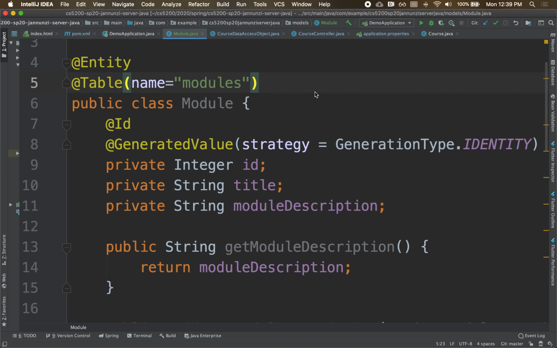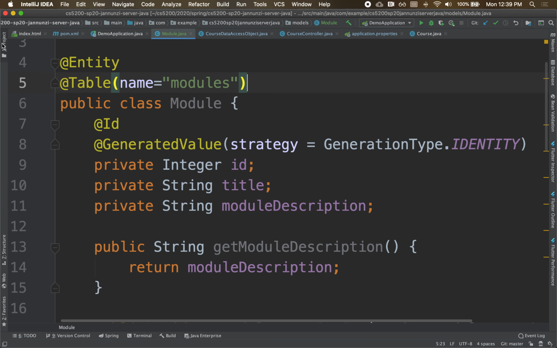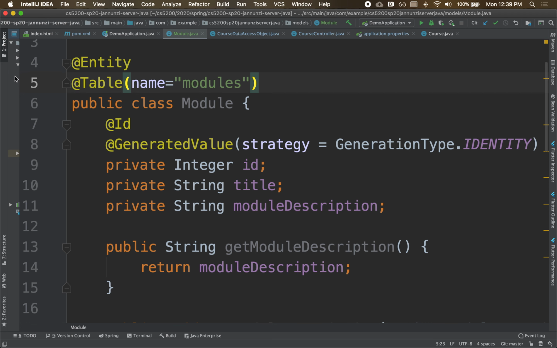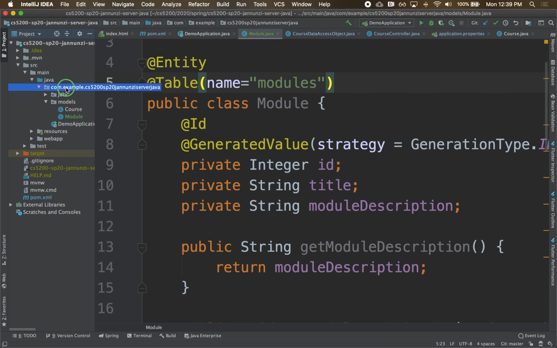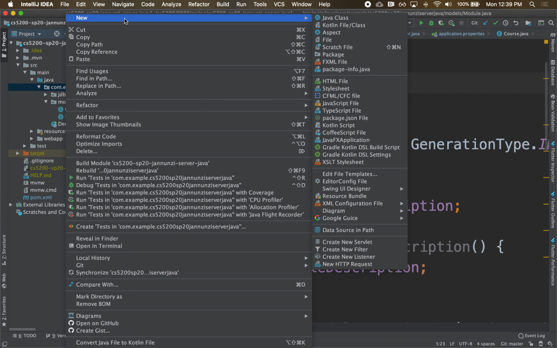All right, so given this class definition for a schema, we want to be able to write a class or create something that will allow us to use this to interact with the database. To do that, we are going to declare an object that allows us to use this class to interact with the database. So to do that, we're going to, in a separate directory,